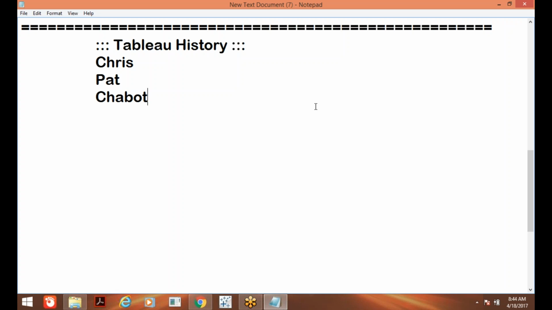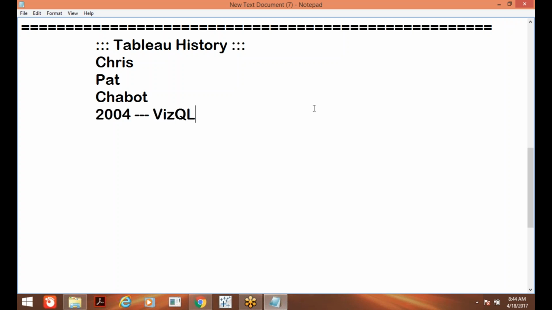Then these three persons got an idea: without having that much SQL knowledge, without writing that much SQL code or queries, can't we create reports? Then they started their research in 1990. After 14 years of research, in 2004, they came up with one language called VSQL. First they came up with a language, not with any tool.